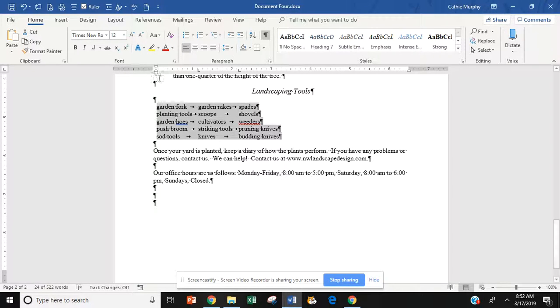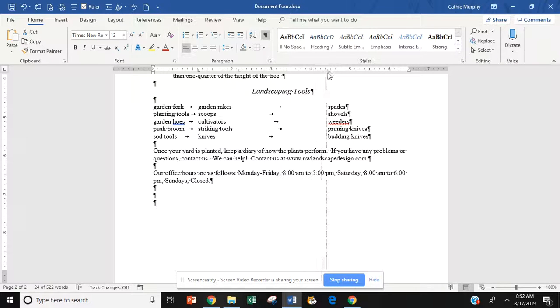If we look up on the ruler, you notice this hourglass? I am going to take the base of this hourglass where it says left indent, and I'm going to make sure it's on 0. Then if I look at my ruler, I have a left tab at the 1, a second left tab at the 2. So I want to center this on the table by tab. So I'm going to grab this last tab